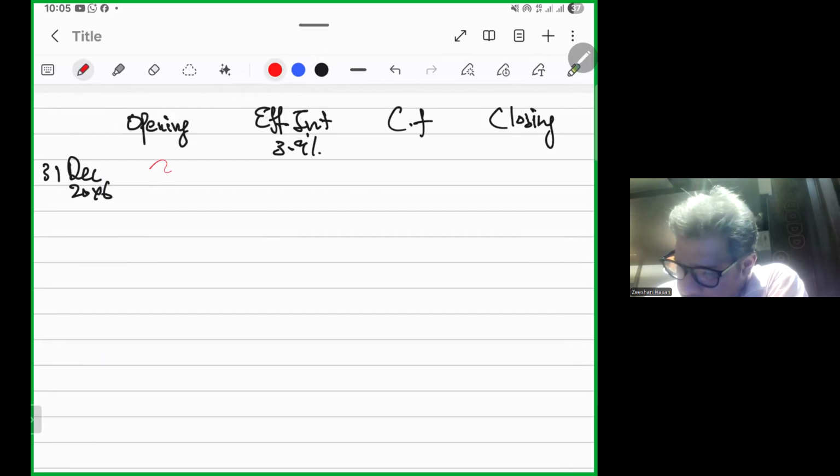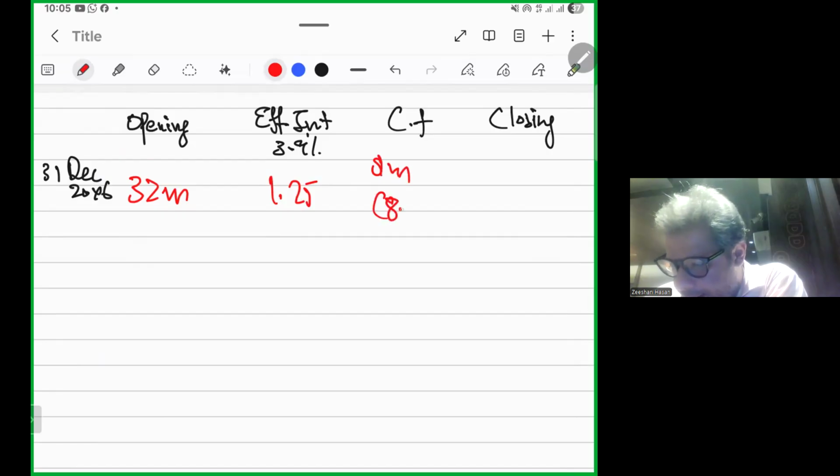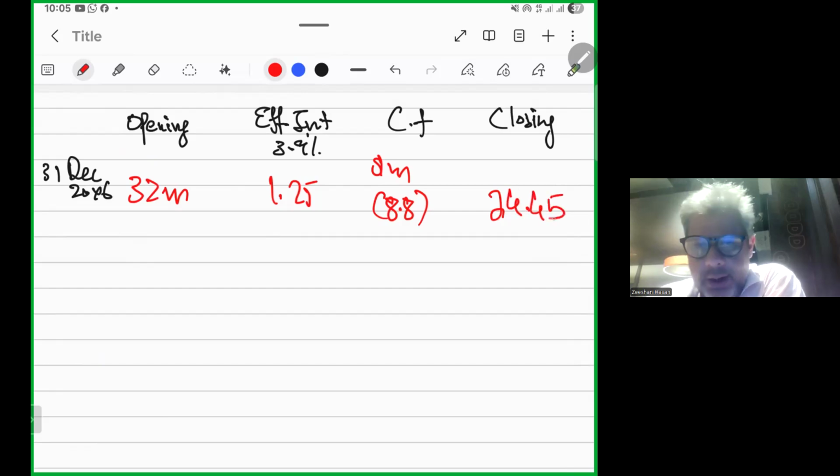What is my opening value? That is 32 million. Apply 3.9% on it, we will get 1.25. What is the cash flow in dollars? It's 8.8. The closing value is 24.45. So at 31st December 2006,